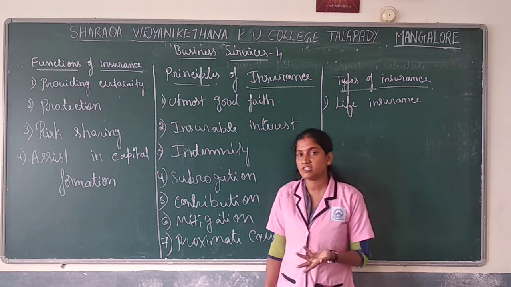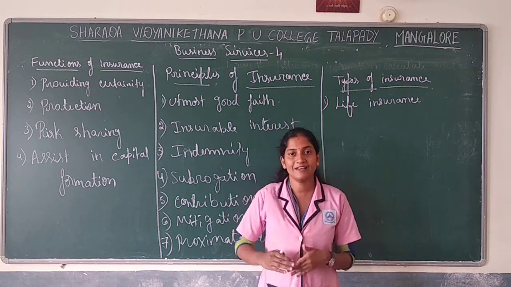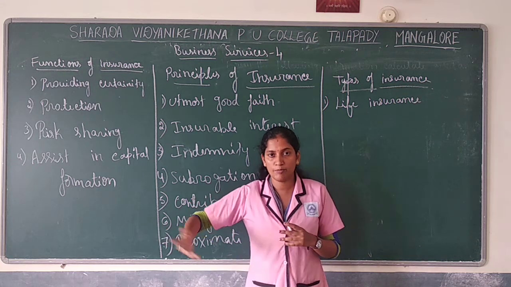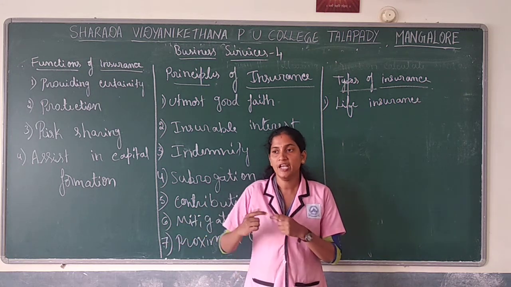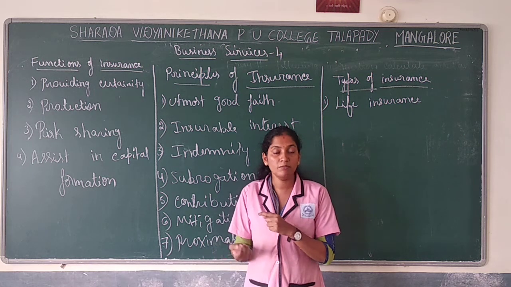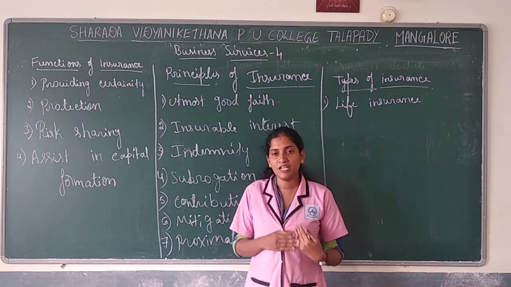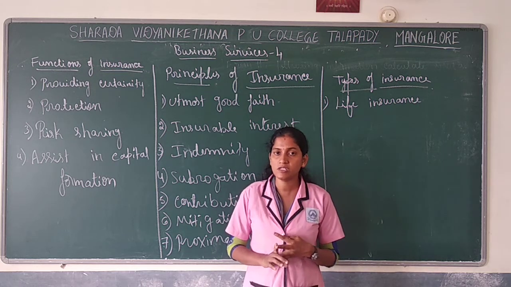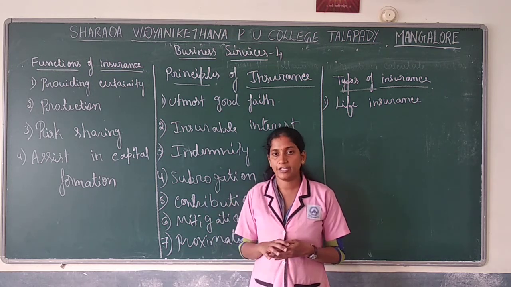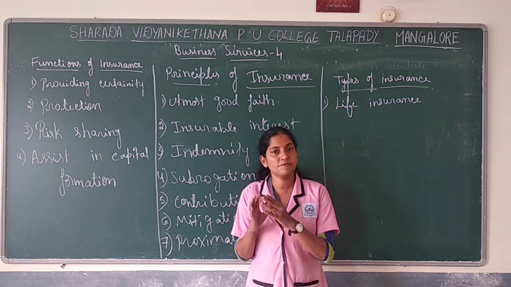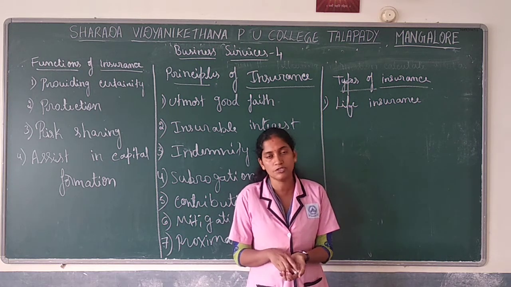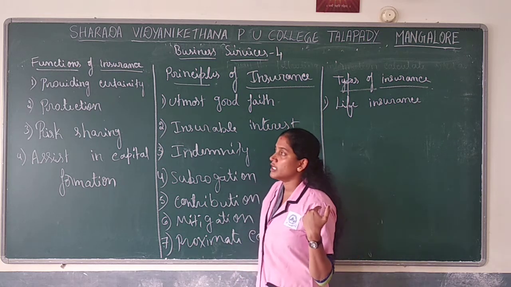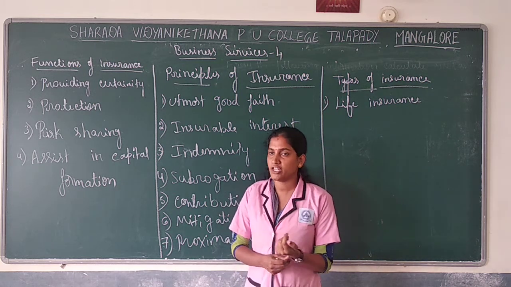What is insurance? Insurance is sharing risk. In short, our risk will be shared with the insurance company. How are we going to share? By paying a certain premium. After some time, if any loss arises, especially financial losses, we will recover from that. For that sake, it is a kind of savings also, capital formation also. That is why we go for insurance. Now, let us see what the functions of insurance are.